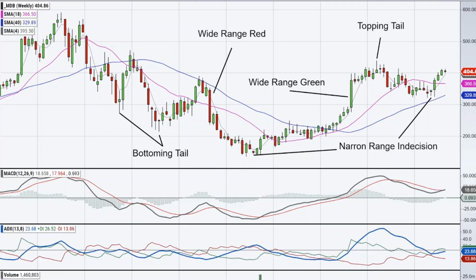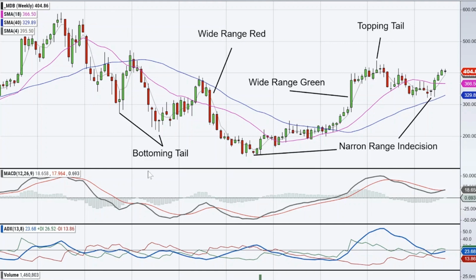Okay, so I'm going to start out and just use this MongoDB weekly chart. I want to give you a quick reference to the 5 candlesticks that I'm on the lookout for. For anyone who's taken my course or might have an interest in it, the first section is all the lessons on these candlesticks and how I use them in relation. There are 4 things I'm looking for on each individual bar. I'm only going to talk about 2 of them today, but we want to look at, first of all, these